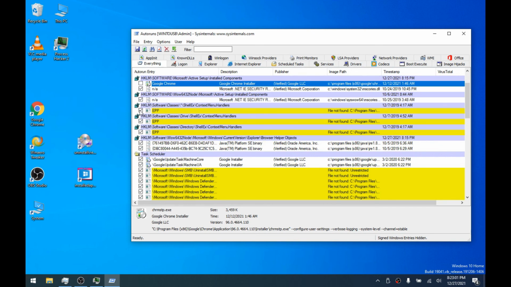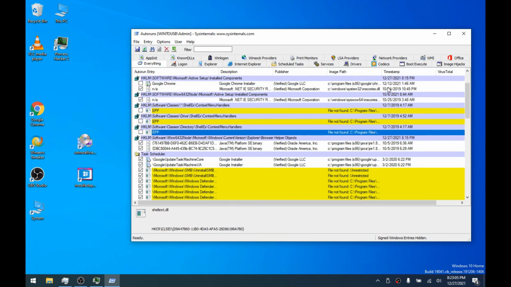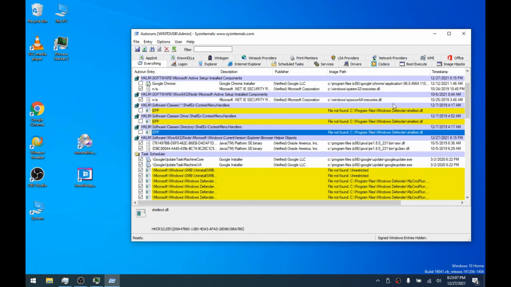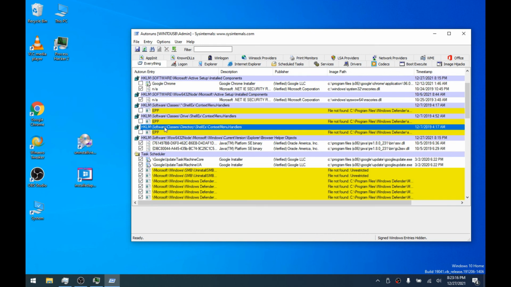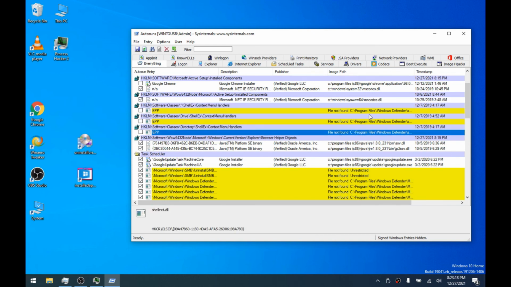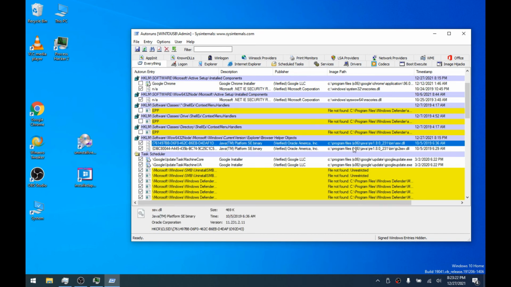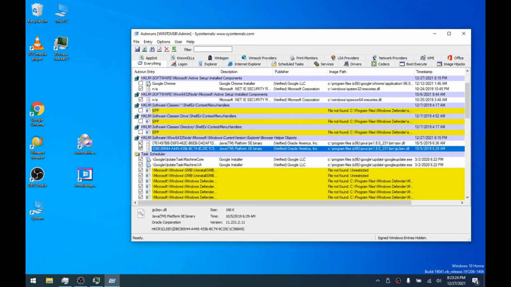Now these things might be here. They're context menu handlers. They're from Windows Defender, which apparently I uninstalled, but I didn't actually delete the actual entries themselves in the registry, so they still show up as being there, but they say file not found. So you can get rid of that or not. I don't need these. These are for like Internet Explorer, and we got rid of that. So these are just